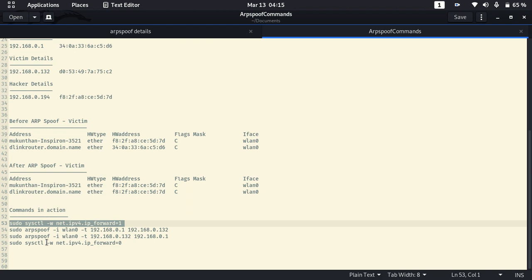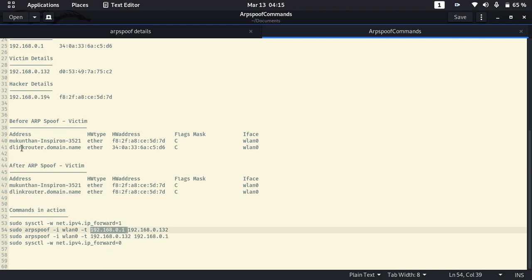That means we can interpret this statement like so: I am going to use root user access, and I am going to use the terminal command arp spoof, and I am focusing on WLAN 0, which is Wi-Fi, and my target machine is the router. By seeing the extra details above, you can identify the target machine, so the router is my target, and I am going to use my identity to map with the 132 victim machine. So I am going to target the victim, which is nothing but your router, and I am going to steal the identity of the victim. That means I am going to tell the router that I am the victim.